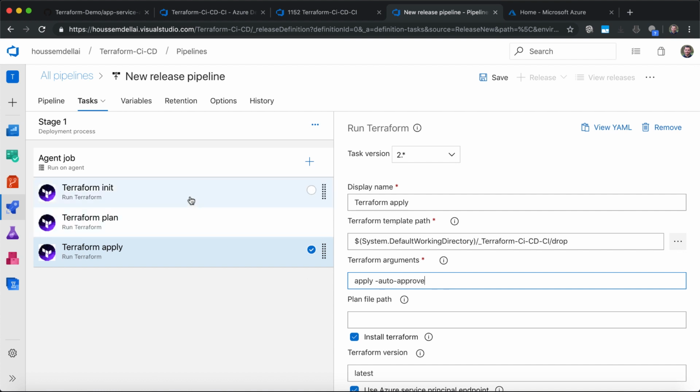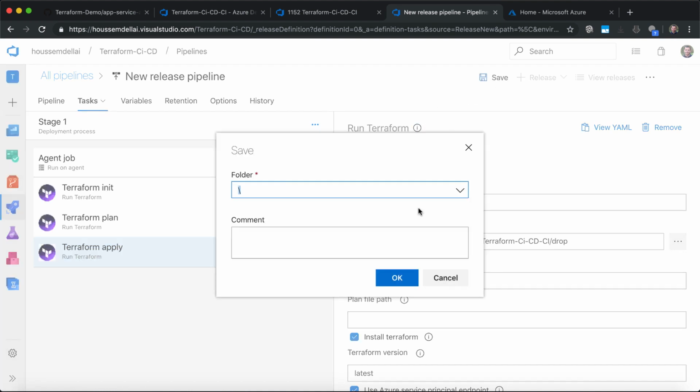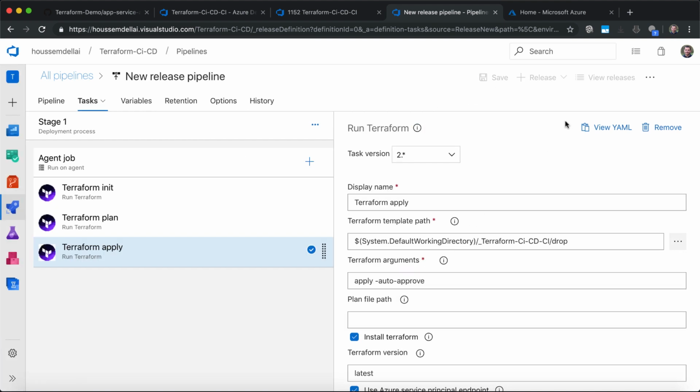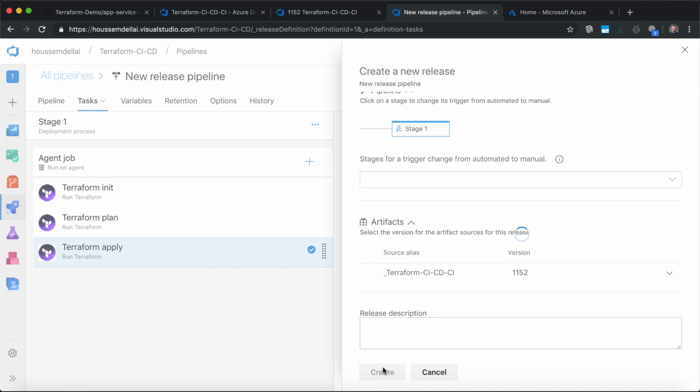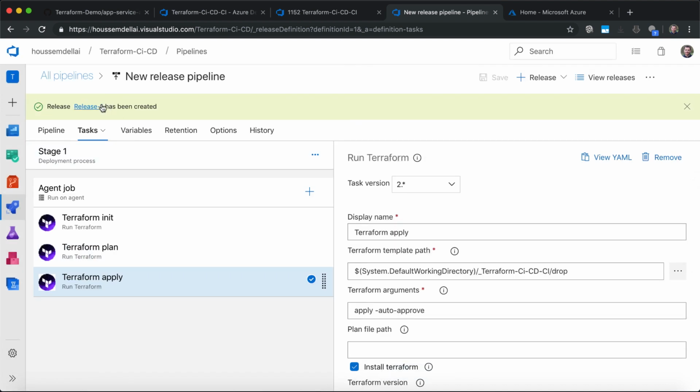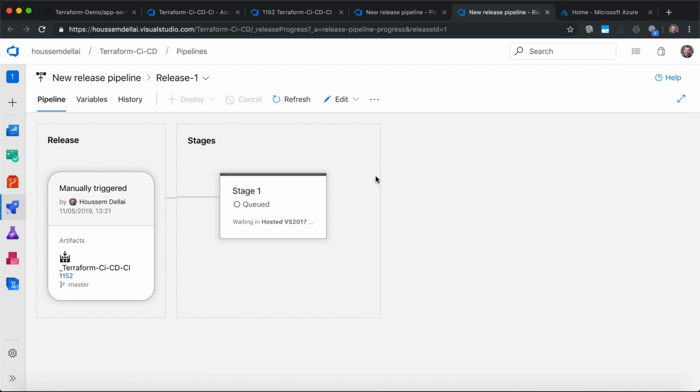So this is all the configuration for the CD pipeline in order to deploy to Azure: Terraform init, plan, and apply. Let's save this configuration, okay, and let's try to run it. For that, I'll go to release and click create a release. Accept this, click create. Then from this link, I'll be able to see the progress of running this CD pipeline in real time. If I click on logs,